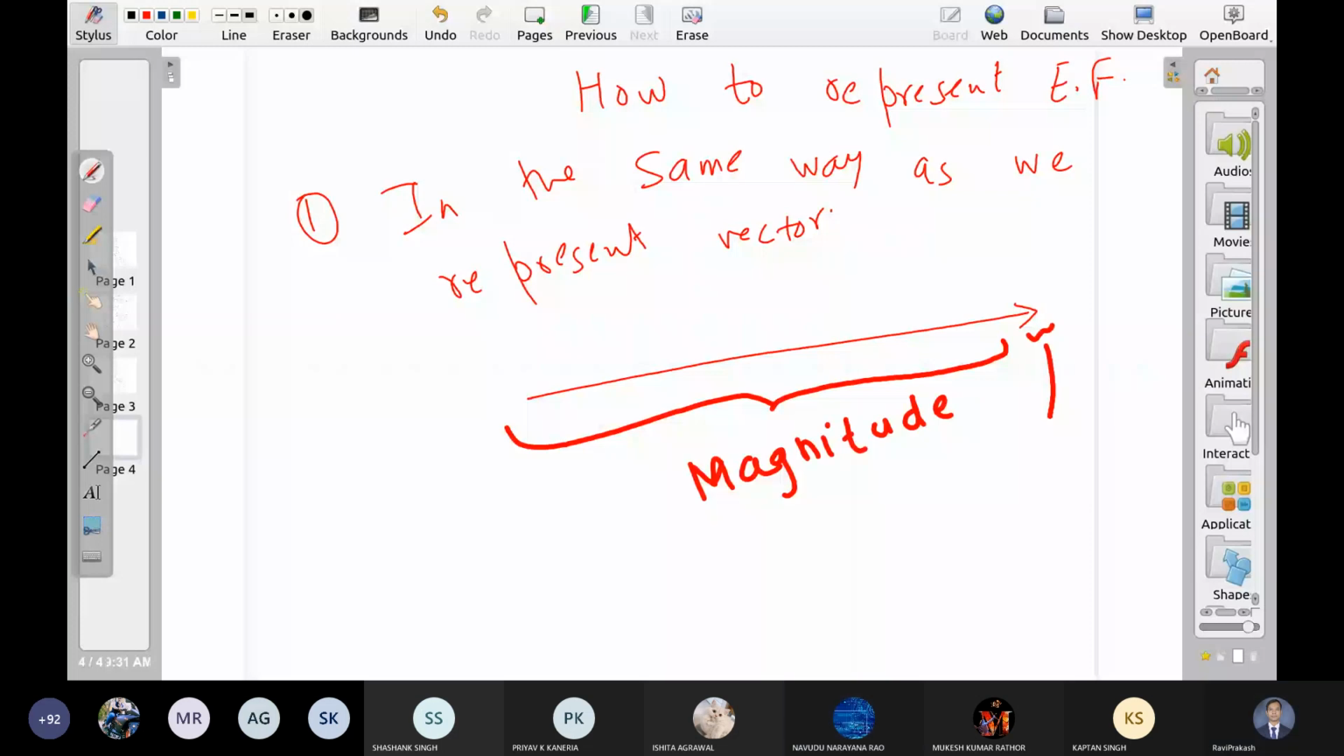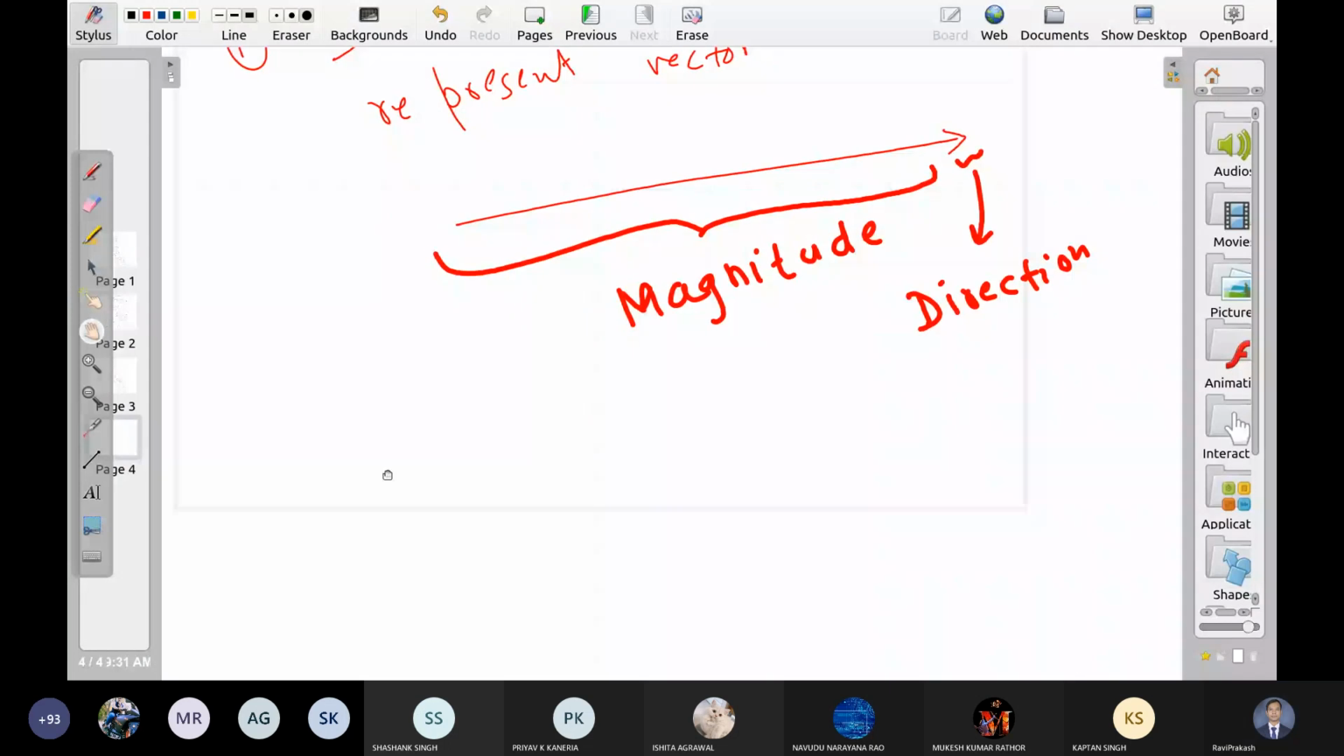Direction. So since electric field is a vector quantity, we can use the same definition. Although there is no such problem with this definition, electric field is not simply a vector. It's a vector field. Vector field means,